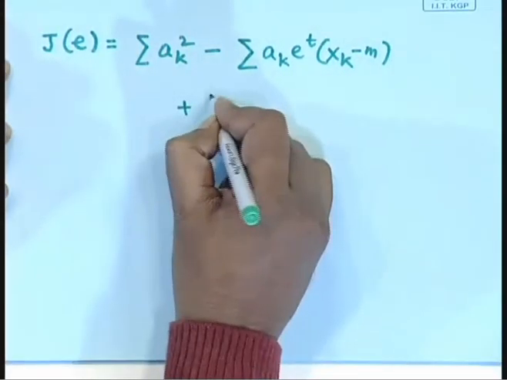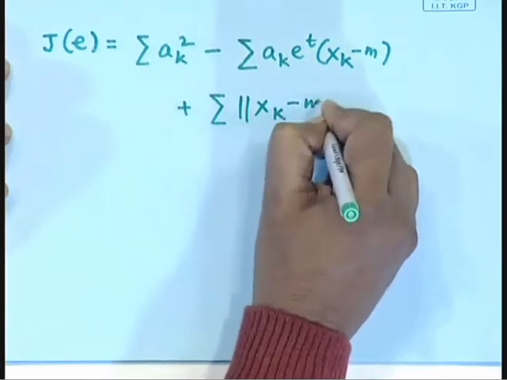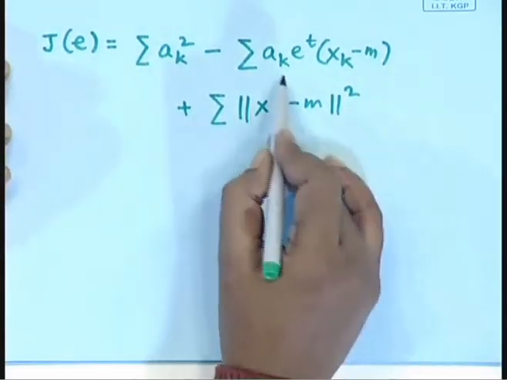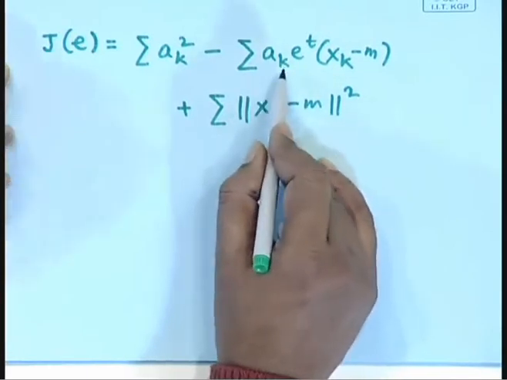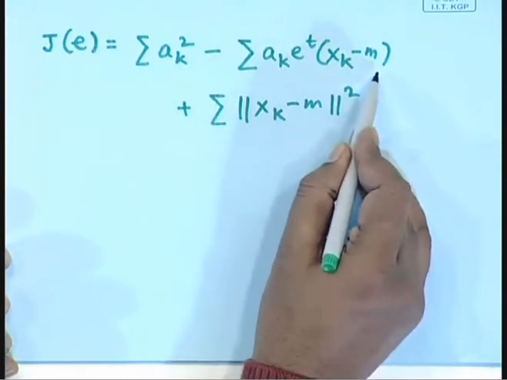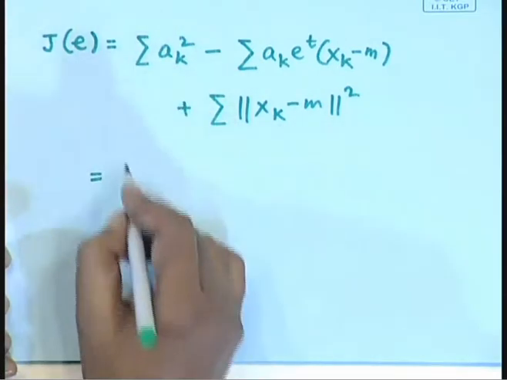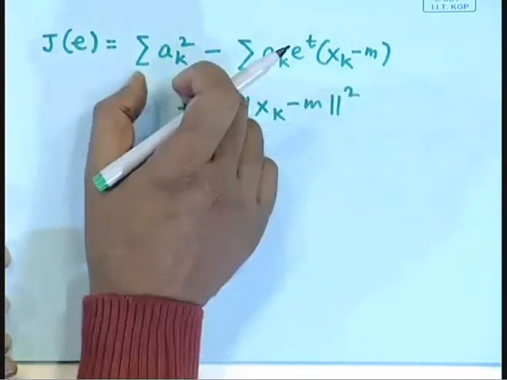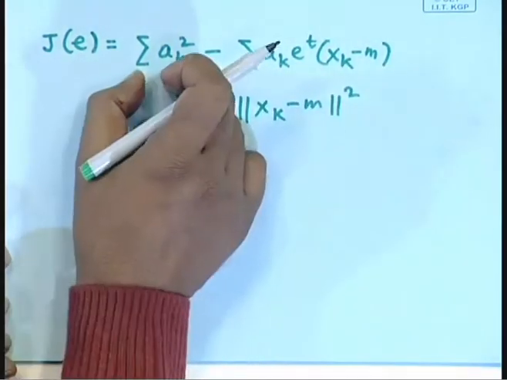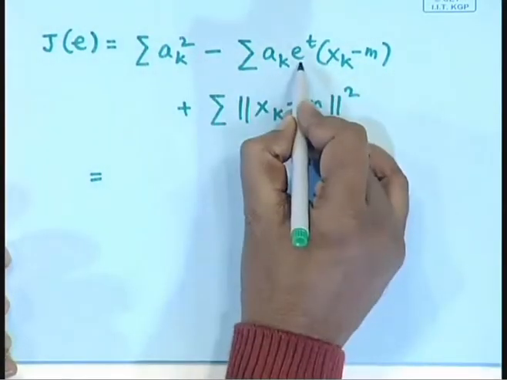plus sum of x k minus m square. I am not writing the limit of summation. Now, this A k we have found that it is the same as E transpose x k minus m. So, this I can simply write like this. This will be A k square, this will also be A k square, this is minus 2 A k square, so minus 2 summation of A k square, plus summation of A k square. So, effectively I get minus summation of A k square, and A k is nothing but E transpose x k